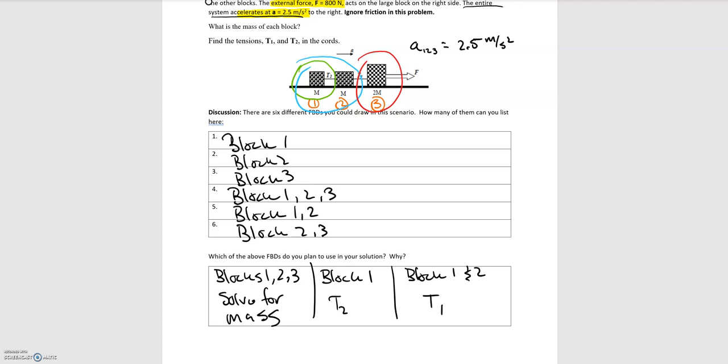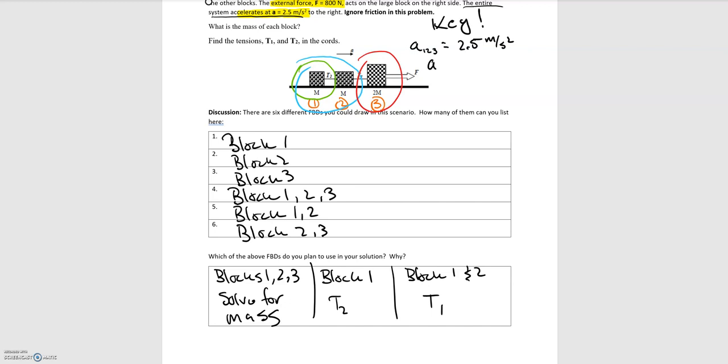This is comparable to if you're driving in a car and your car's accelerating at some rate. It's the same sort of idea: if you're in the car too, then you're accelerating at that same rate with the car. You don't have a different acceleration. And if you did, that would be a problem because that means you're probably going through the windshield or something along those lines. So the key to this problem